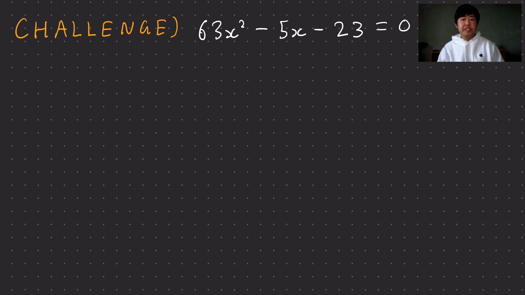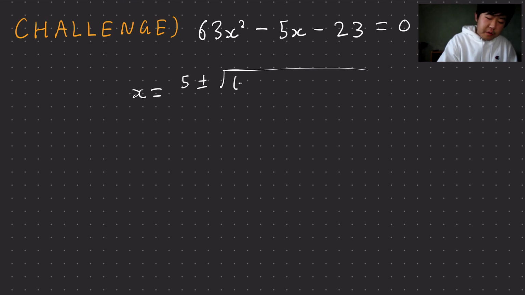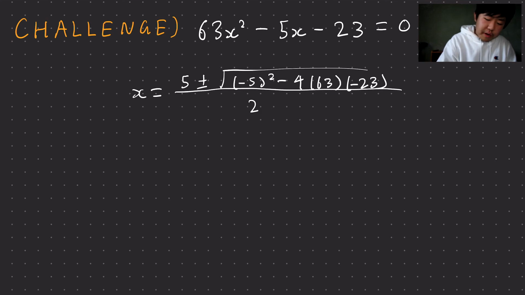Alright, here are the solutions for the challenge level. So here we have 63x squared minus 5x minus 23 equals 0. So x is going to be minus minus 5, which is a 5, plus minus root minus 5 squared, minus 4 times 63 times minus 23, all over 2 times 63. And here we're going to use a calculator to speed things up. So inside the root is going to be minus 5 squared minus 4 times 63 times minus 23, and that is going to be